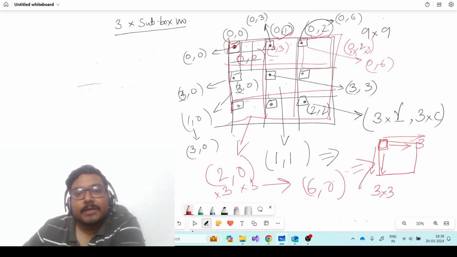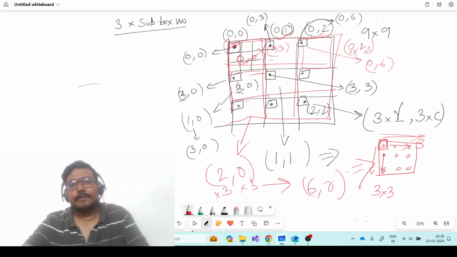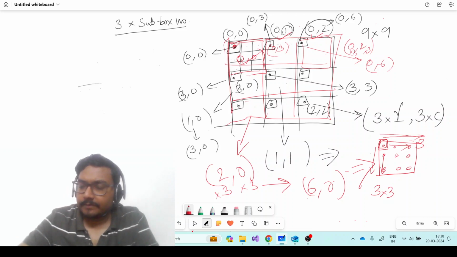So every submatrix can then be considered as a matrix. We do a normal for loop where we execute this, then go down, this, go down, this, and put it in a hash set. Okay, let's try to solve this. So what I was saying is,